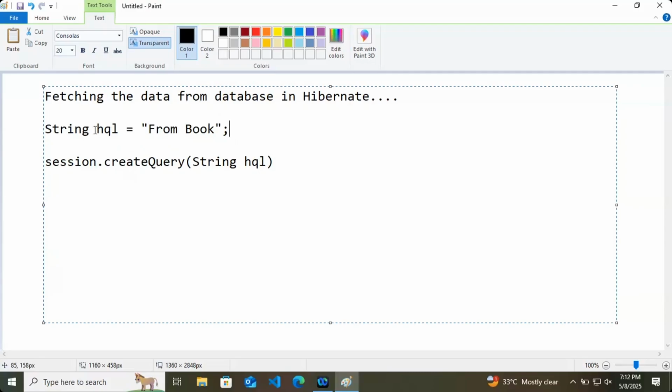Hibernate Query Language, which is an object-oriented query language. After this, we call the createQuery method over this HQL, and this createQuery method returns a Query